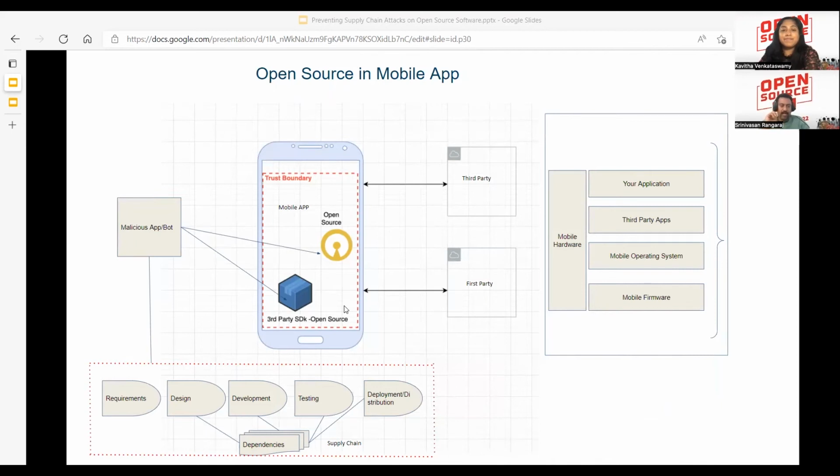So the mobile app contains open source components that the app developer would be using. Similarly, the app developer might be using a third-party SDK, and the third-party SDK might be using open source components. Open source components are great because it has so many eyes looking into it.